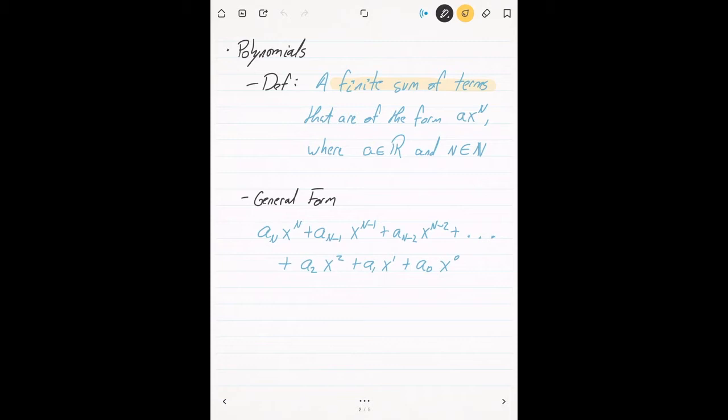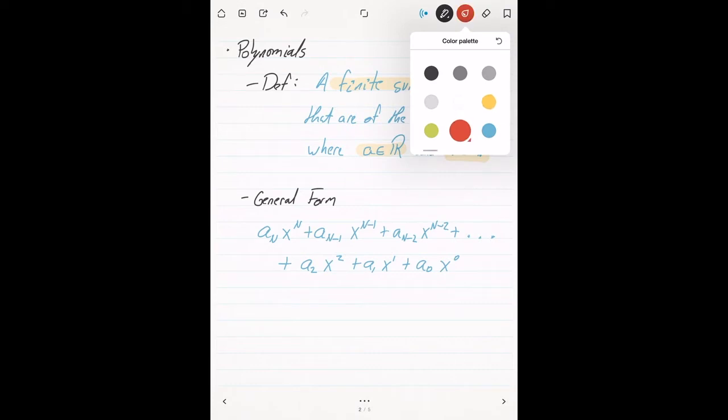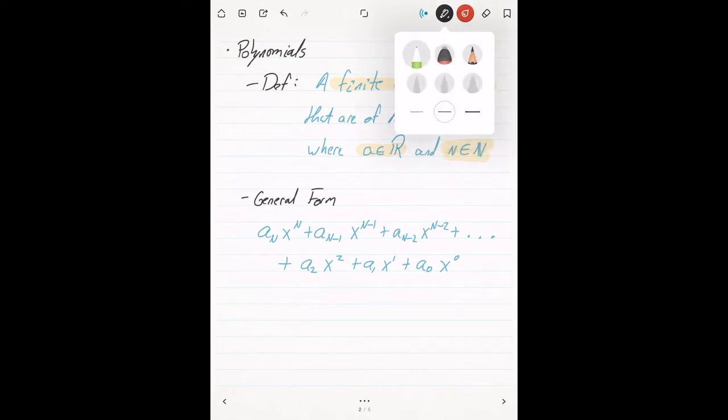Okay, we're just adding up some number of terms, and those terms are of this form, a times x to the n power. Now you're saying, well, what is this form really? Remember, a is a real number and n is a natural number. Now the real numbers, those are any number on the number line. Maybe I should write that down for us. The real numbers are any number on the number line,